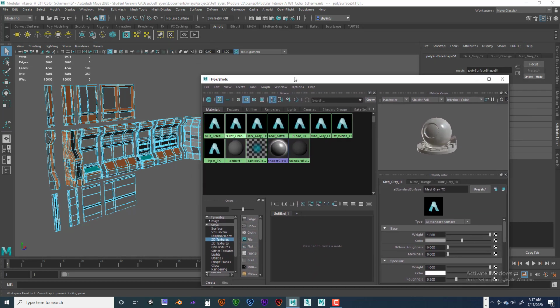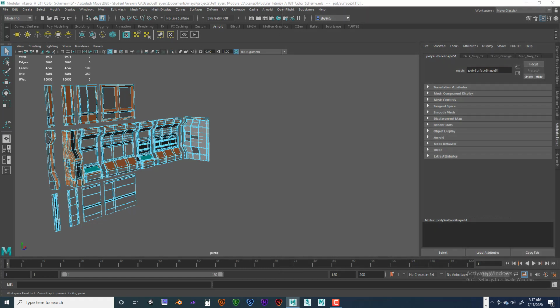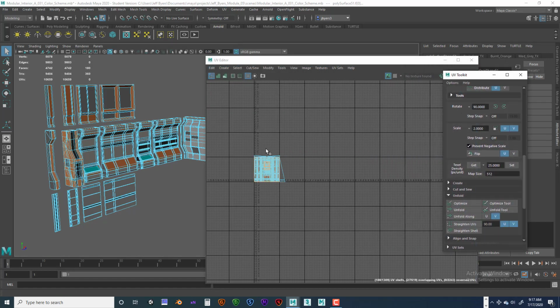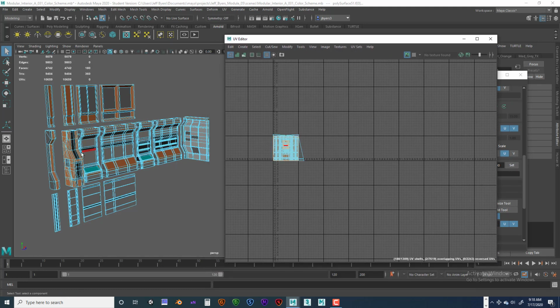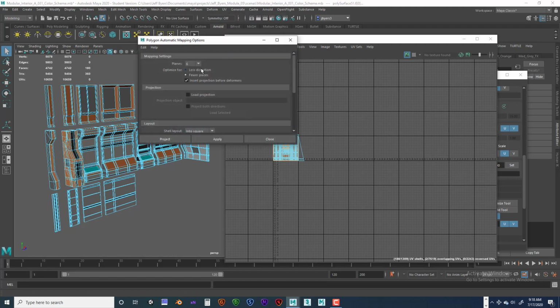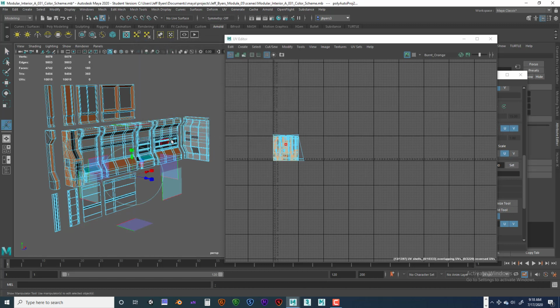Now you know how to use the Hypershade and how that works. Let me move it out of the way so I can concentrate on UV mapping now. So UV editor. Okay, so now we're into this mode here, where I can actually go in here and let's go ahead and do the UV automatic map. This is what we do first, and I'm going to go ahead and reset it, and that seems to work out just fine. Project, okay,